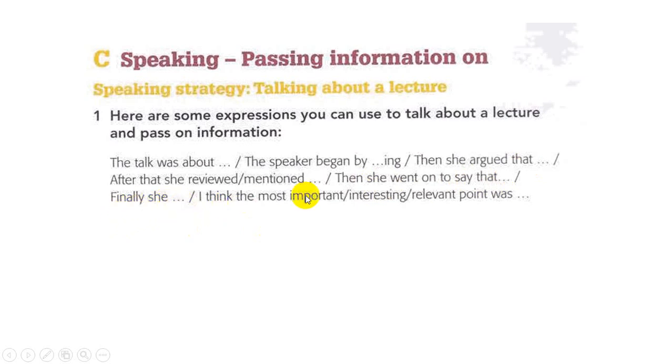I think the most important or interesting or relevant point was blah blah blah. Okay, so you can use these expressions at the beginning of what you want to say. So you can talk about a lecture to your friend by using these expressions from the first one, which is the talk was about, until the last one, which is I think the most important point was